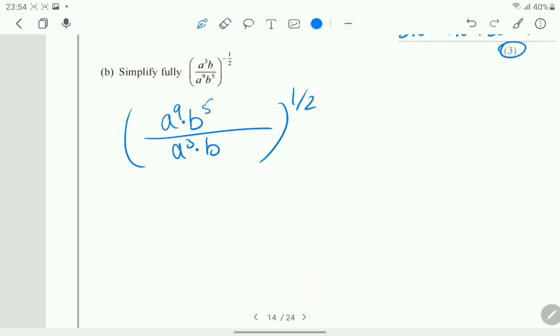So as we did before, the powers in the denominator try to kill the powers in the numerator. So it will eventually give us a raised to the power 6 into b raised to the power 4